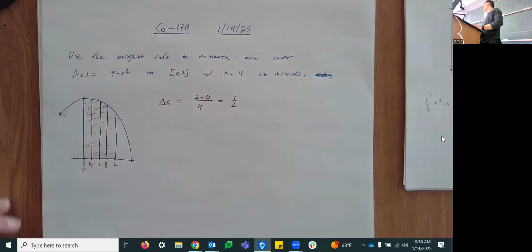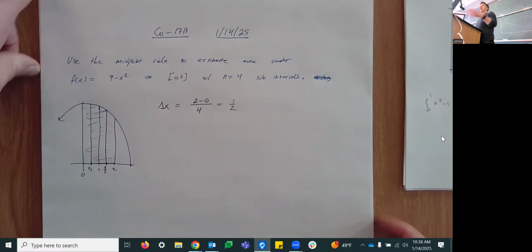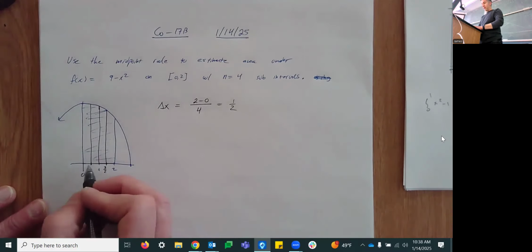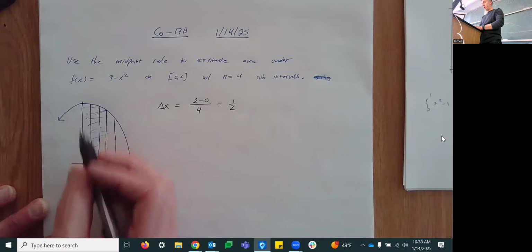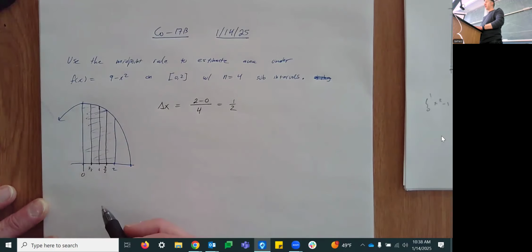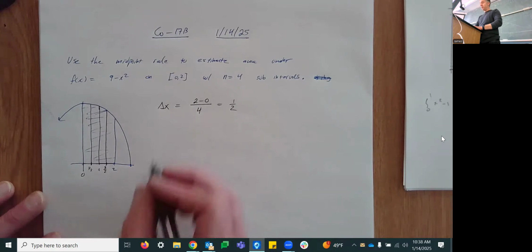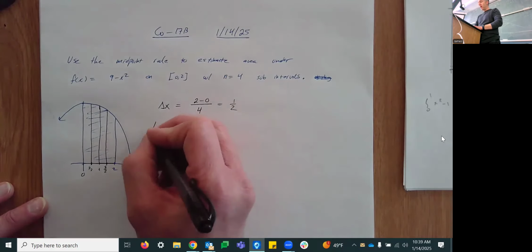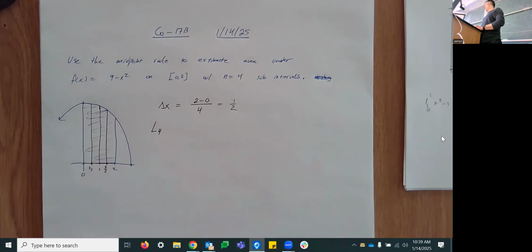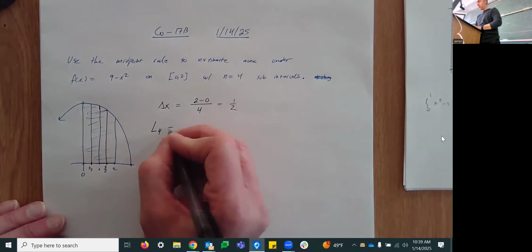Before, if I was going to use left endpoints, then for this first rectangle the height would be whatever I got when I plugged in 0, which would be 9. The second rectangle's height would be what I got when I plugged in 1/2, the third, 1, and the fourth, 3/2. Let me write out the other two so you can be reminded of what they look like. If I was trying to find the estimate for the area using left endpoints, which I would typically label as L4, capital L for left, 4 for the number of subintervals, that would be equal to